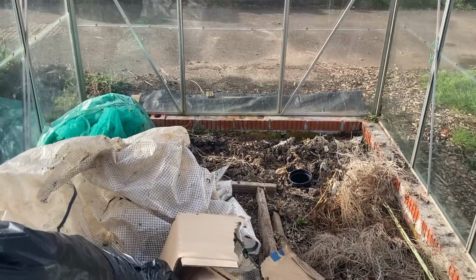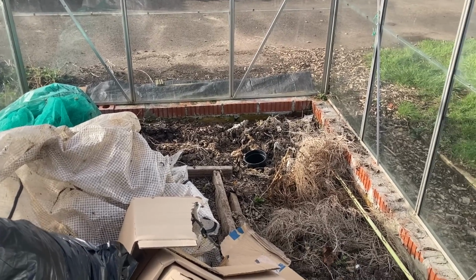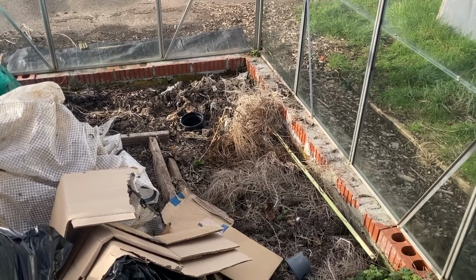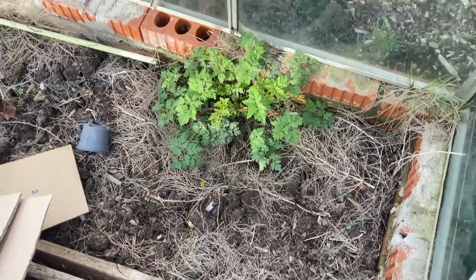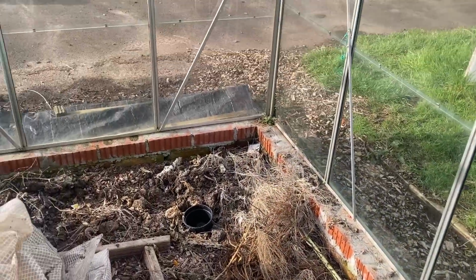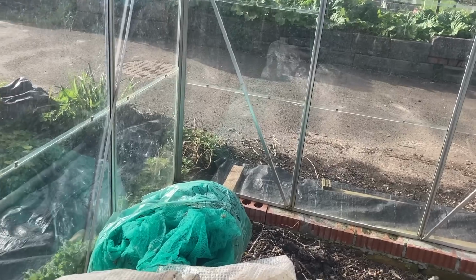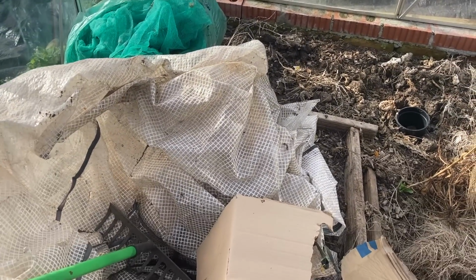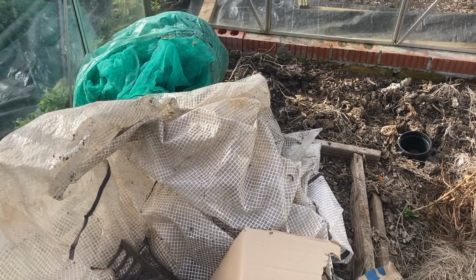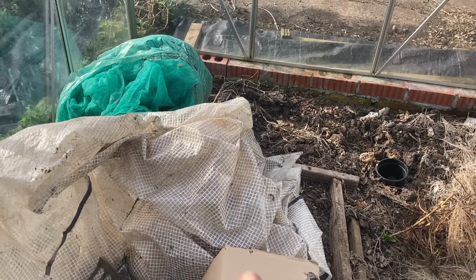So, here we are. Amazingly, I did clear a lot of stuff from here, and there was quite a few dead plants which I just easily pulled out. But let's go in. It's very toasty in here today. There's a couple of bags of netting, like that green stuff. Oops. And then I presume this was an old greenhouse, like a little mini greenhouse cover, but I don't think it's usable